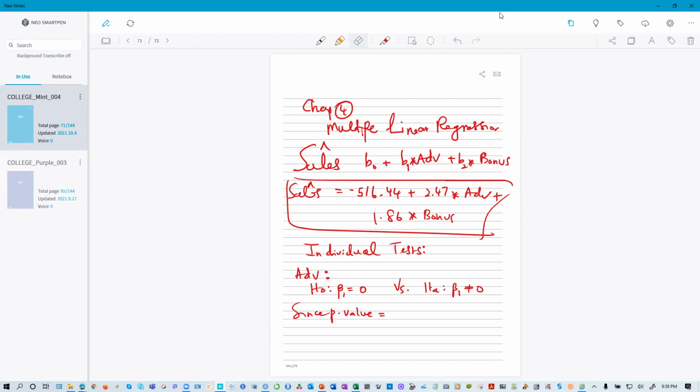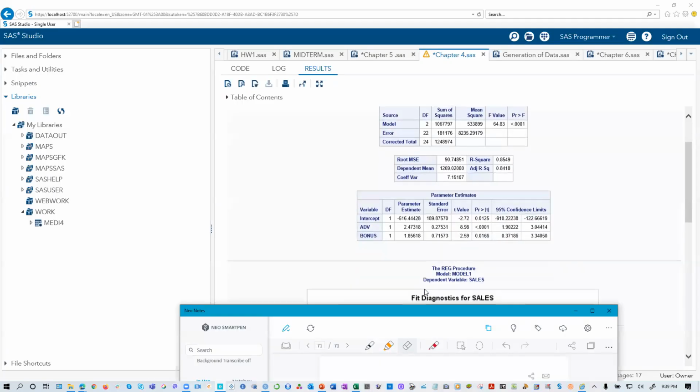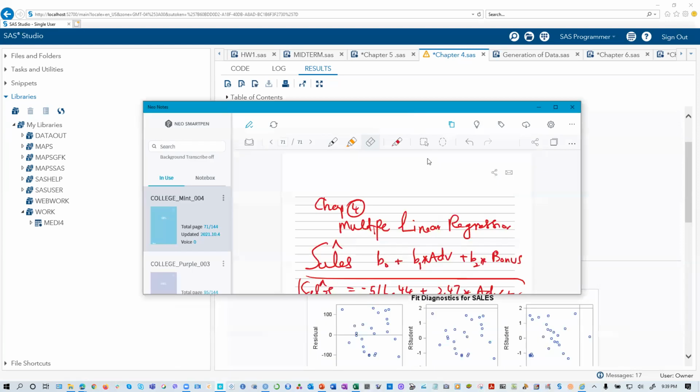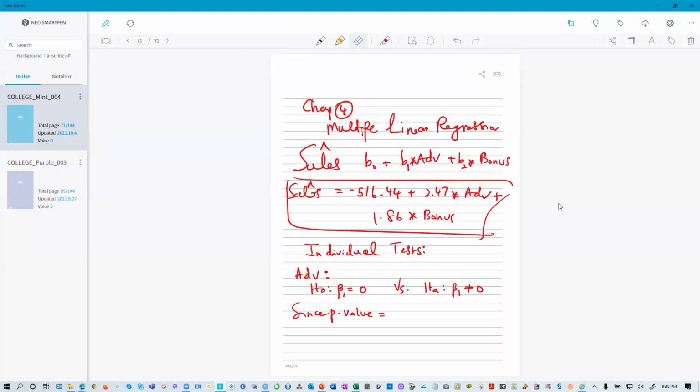Advertising is related to this; B0 is not important. The p value is very small. You don't have to worry about the t value. We reject H0